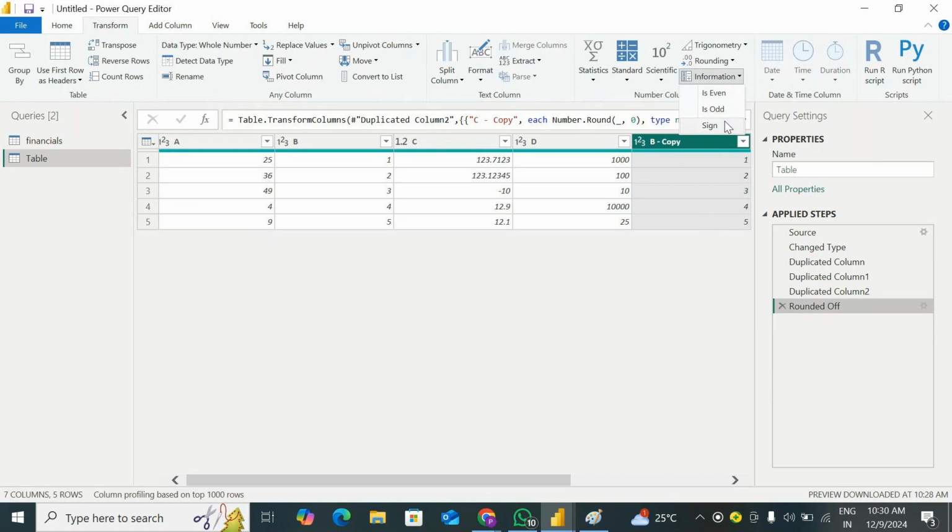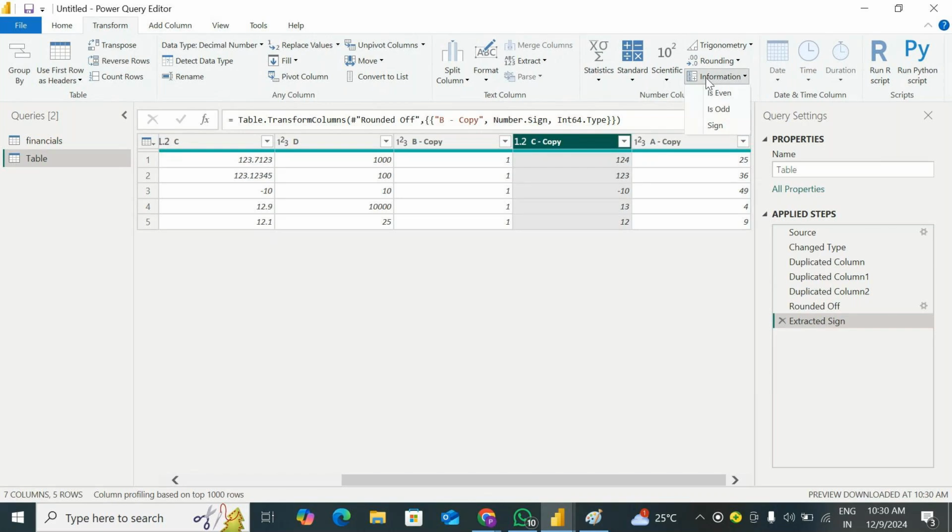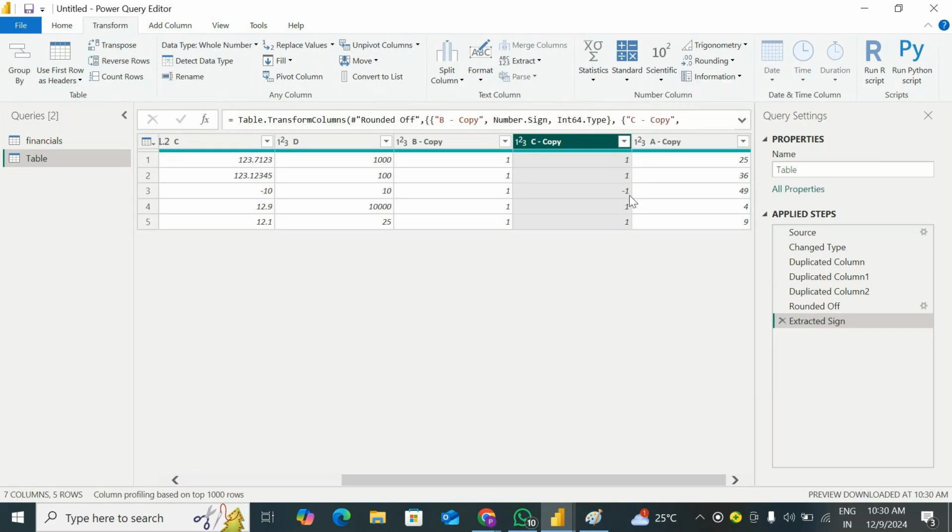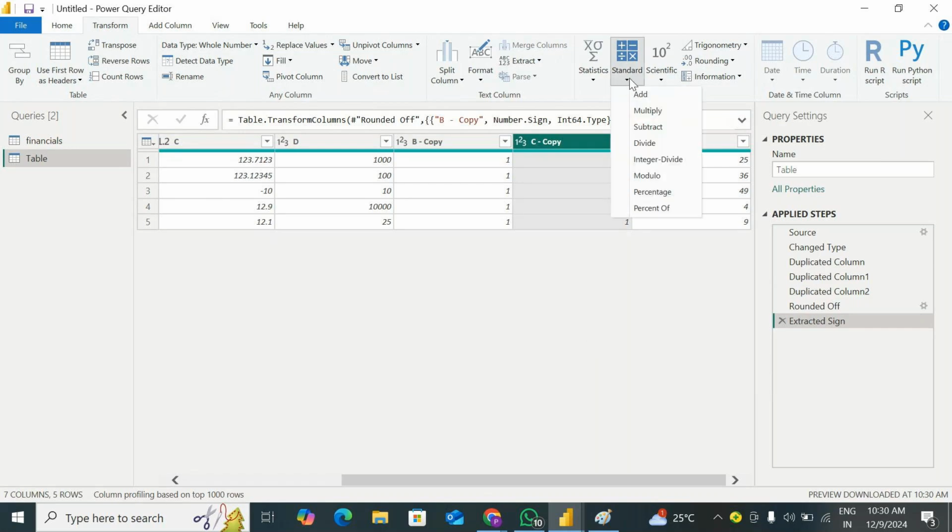And sign means if it is a positive value we are going to get a 1, if it is a negative value we are going to get a minus 1, if it is 0 we are going to get a 0. So for a negative value I mentioned sign, you can observe that for minus 10 we got a minus 1, and if you have 0 we are going to get 0. So that is all about standard, scientific, trigonometry,